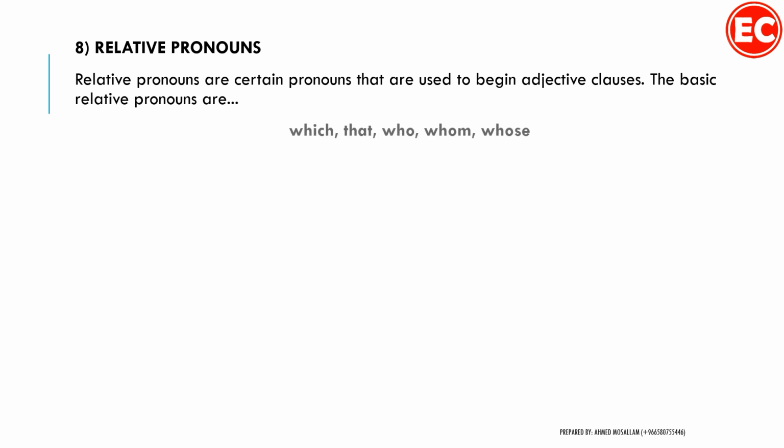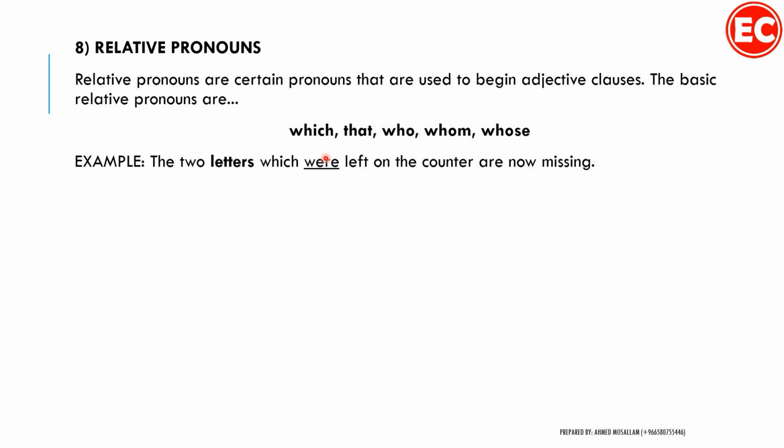This will help you to know that it is plural. Relative pronouns like who, whom, which, that, whose. These all give you more details about the noun which is directly before them. Like the example here, which here refers to the letters, and where here is a verb for which. So which here we decide it's plural because which refers to the letters, and where here came a plural verb.